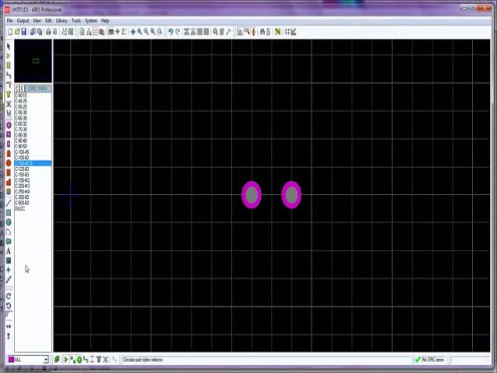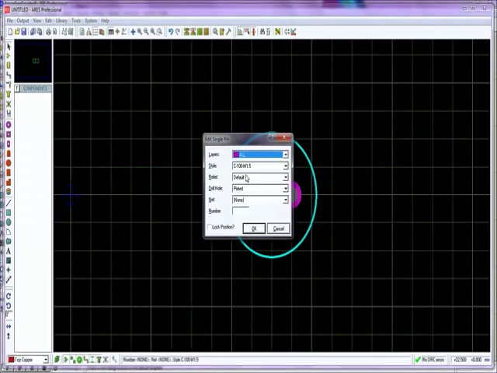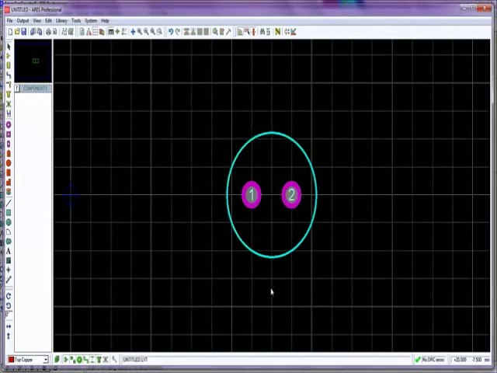Now let's make a circle around here. And then we have to give the numbering to the pins. Number 1. This one is number 2. Okay. After that, you select the whole thing and go to the